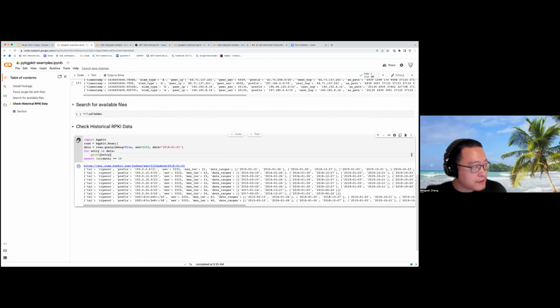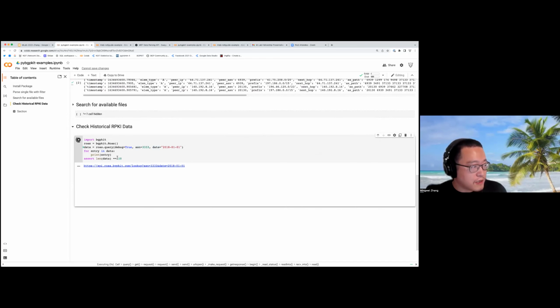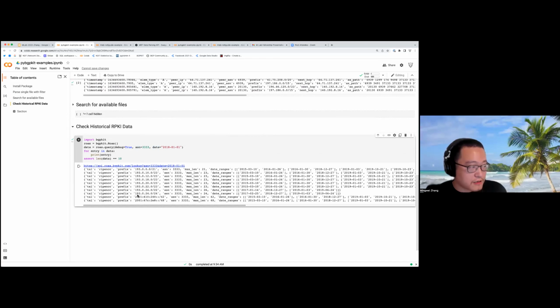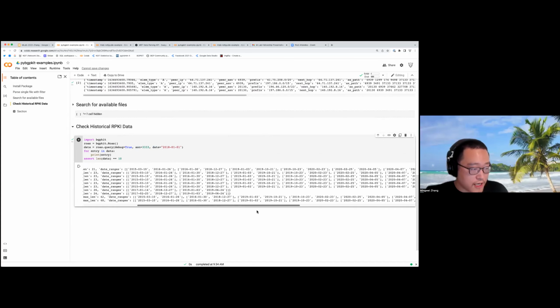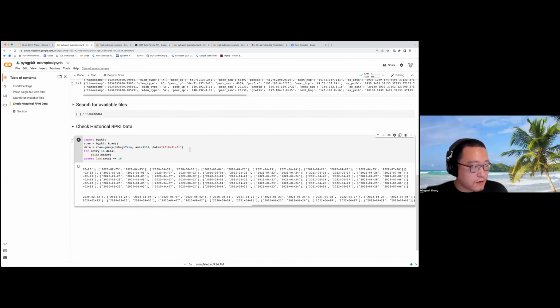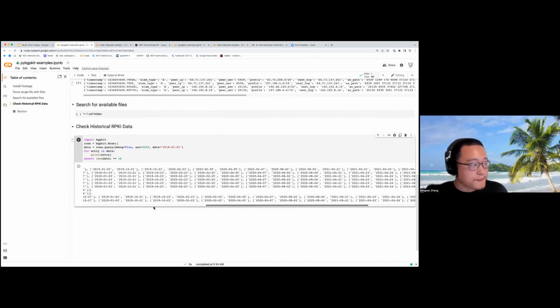So what you can do here is just look for it, and here are 10 prefixes that are registered on RPKI during that date. If you look at the data itself, you can see that it's not only during that date, it's actually still continually existing for these prefixes. So these are still ongoing and still registered on RPKI.